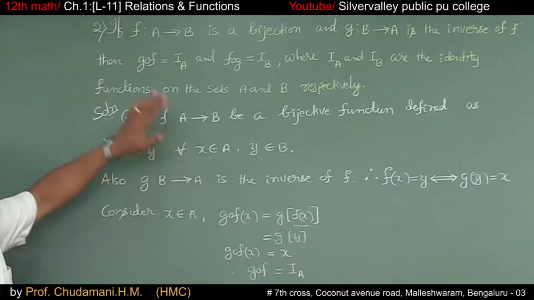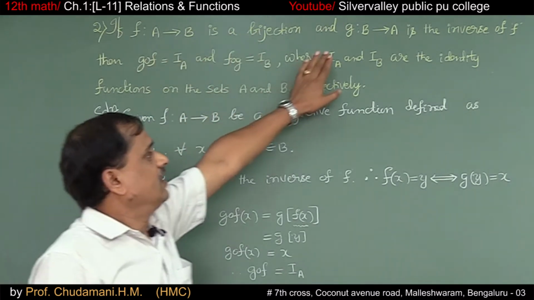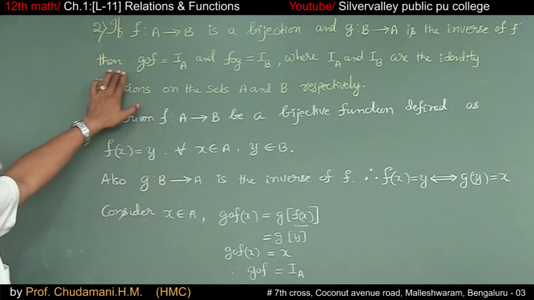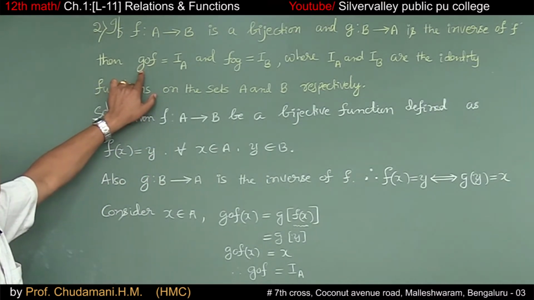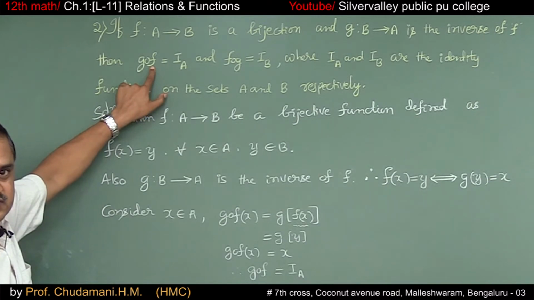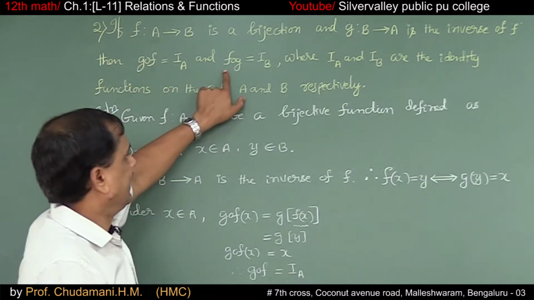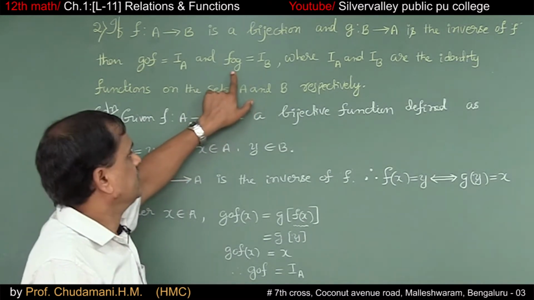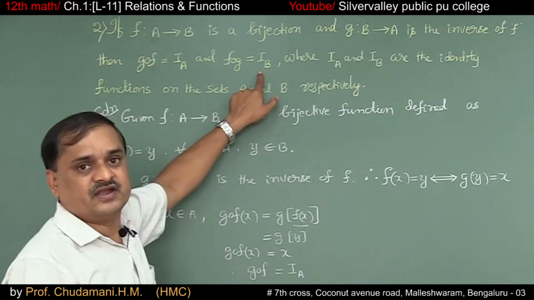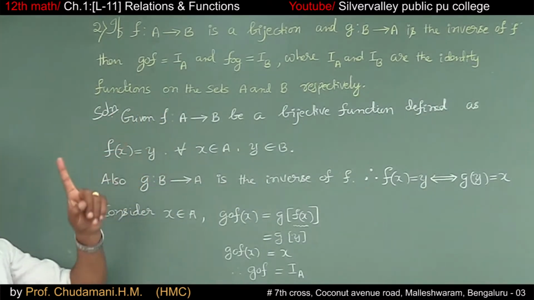unique. The second result: if f from A to B is a bijective function, and g from B to A is the inverse of f, then the composition g∘f is the identity function on the set A. We are operating f first, so the domain of the function f is A, the identity function on the set A, and f∘g is the identity function on the set B. Since you operate g first, the domain of g is B, that's why identity function on the set B, where I_A and I_B are the identity functions on the sets A and B